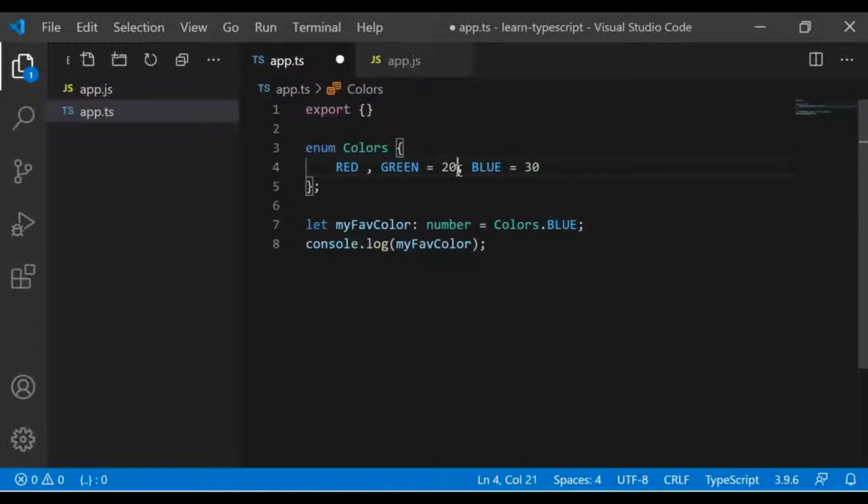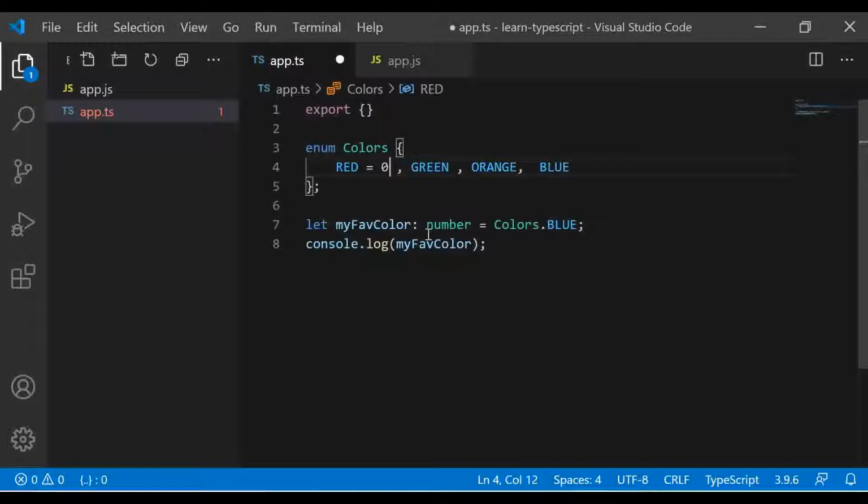Okay, so the initial default scenario where you have these 0, 1, 2 values assigned to them, it is not needed to assign them explicitly. But what happens is, here the value of blue is 2, as we saw. Now suppose someone adds orange over here tomorrow without knowing that you are using this with value 2, then your entire code will not work, because now the value of blue becomes 3, it is no more 2.